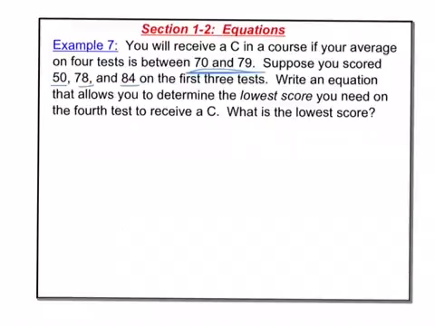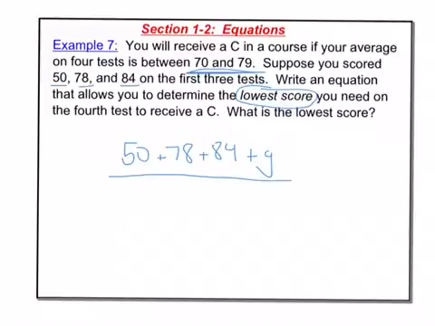Okay, so hopefully you've written your own equation. You have 3 tests that you've already earned a 50, a 78, and an 84 on. And they want to know what's the lowest score you need on the 4th test to receive a C for the quarter or for the course. So that 4th test we're going to call g for the grade that you need on it. And to find an average, we know that we are going to divide that by how many scores there are,